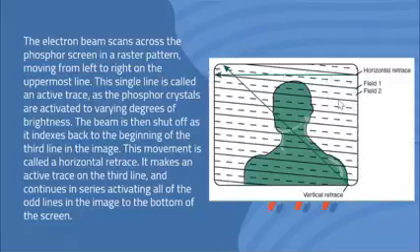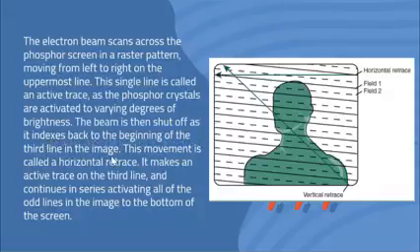Okay? So, it traces from left to right. So, the active retrace is this one. Don't get confused, it's a diagonal line. It moves from left to right. This is what we call the active retrace. This one. And then the beam is shut off as it indexes back to the beginning out of the